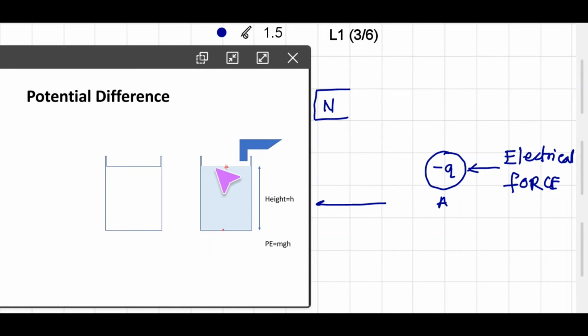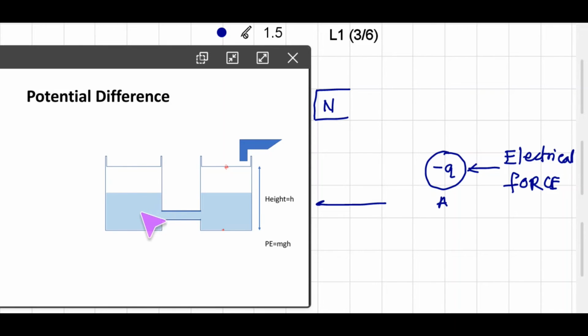Now the particles above are applying force on the particles below the surface, but as the container is there, the particles cannot move. But the moment we connect a pipe, and allow water to flow through this pipe, you will see that the water will start to flow from higher potential to lower potential, and obviously the water will flow from this beaker to this beaker.